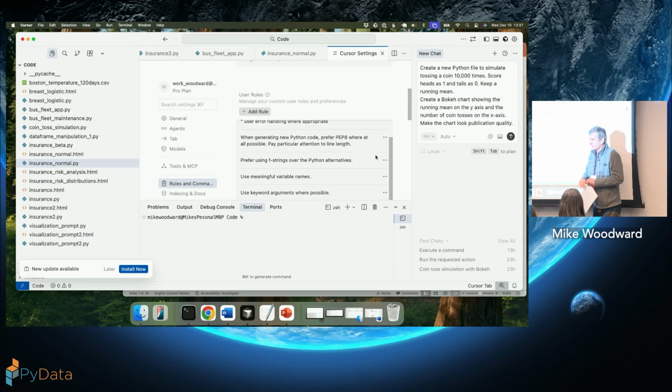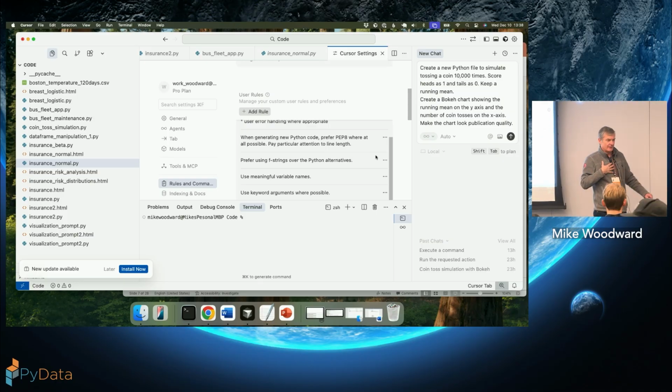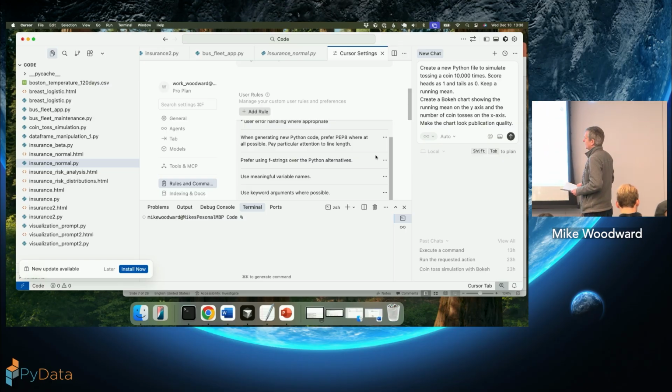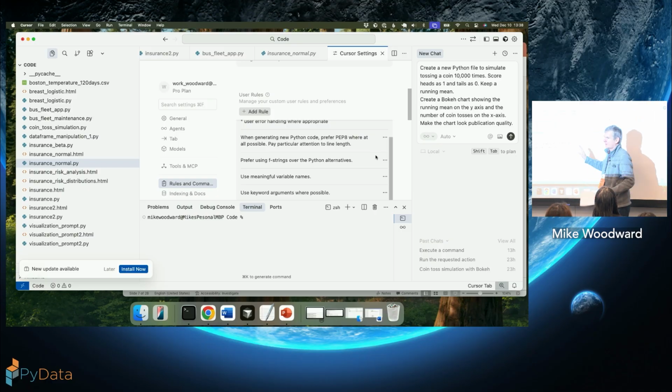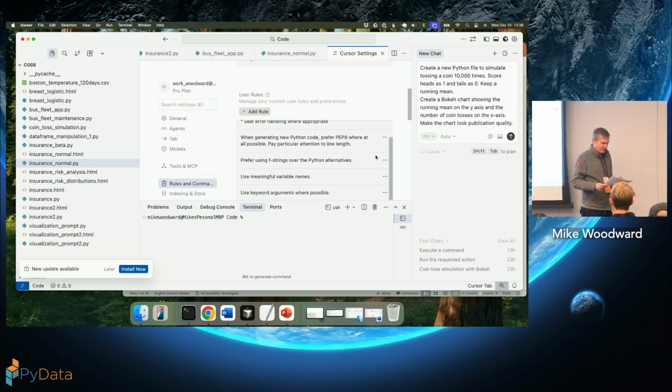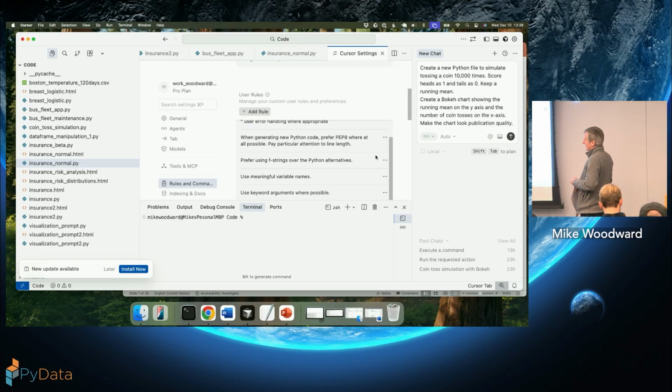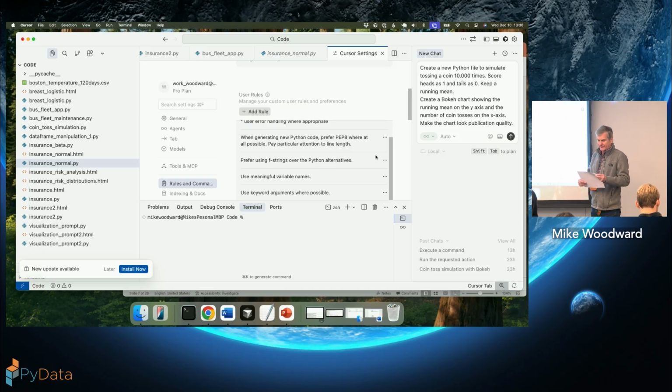Anyway, there's loads of these rules. For my money, I think the guys at Cursor did the rules better in the first few versions of Cursor. As they've gone on, it's got harder to use rules, and they've really kind of messed it up a bit. And this whole thing about agents that we talked about earlier in the previous presentation is muddying the water a lot as well. So I think they've got a little bit of a product feature here that they need to sort out. OK, so that's rules. That shows you how it generates stuff. OK, so a couple of things I'm going to tell you about Cursor that's not on a slide here.